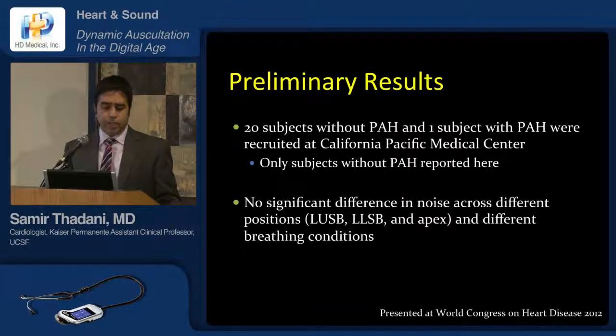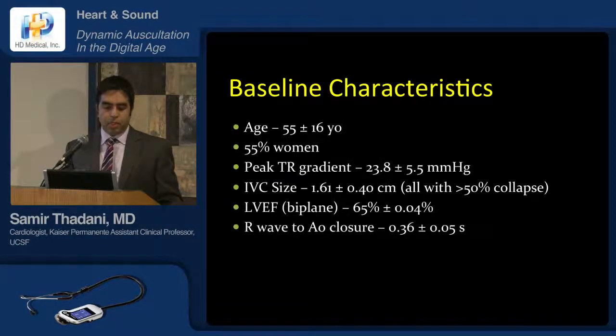There was no significant difference in noise across the different positions and across the different breathing conditions. The baseline characteristics: the average age was 55, and more than half of them were women. The peak TR gradient was 24, which was normal. The IVC size was 1.6, all with greater than 50% collapse, also normal. The ejection fraction was normal, and we measured the R-wave to aortic closure of 0.36, which is within normal limits